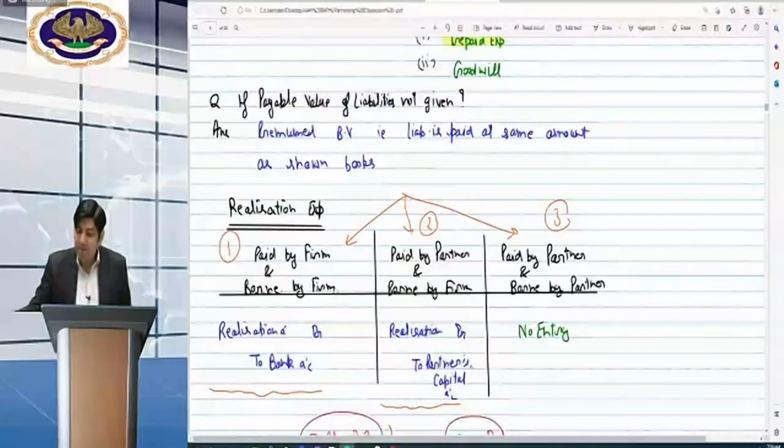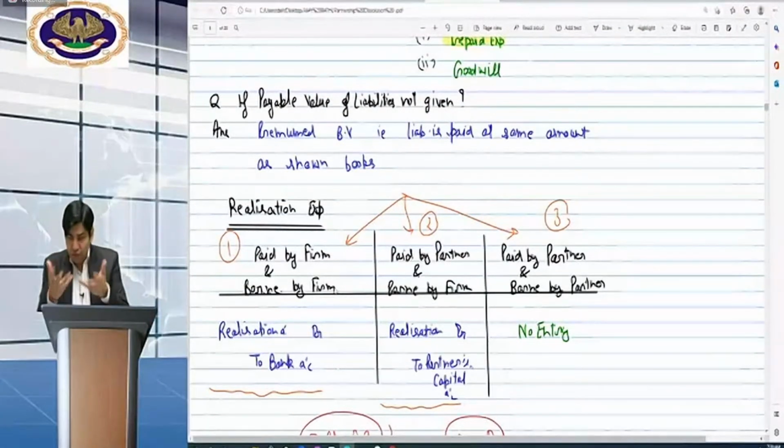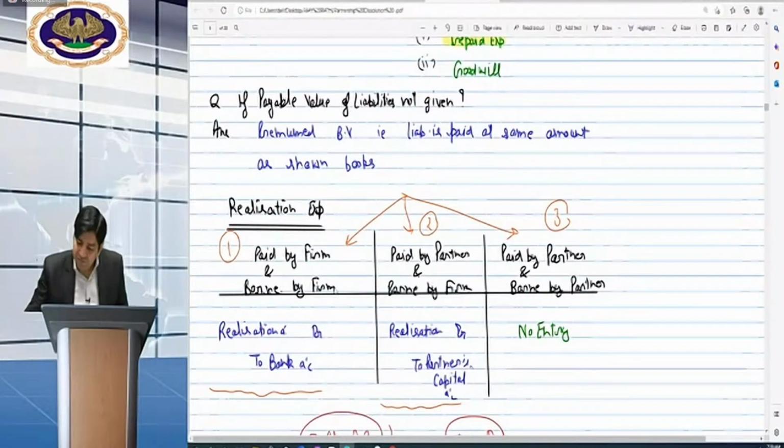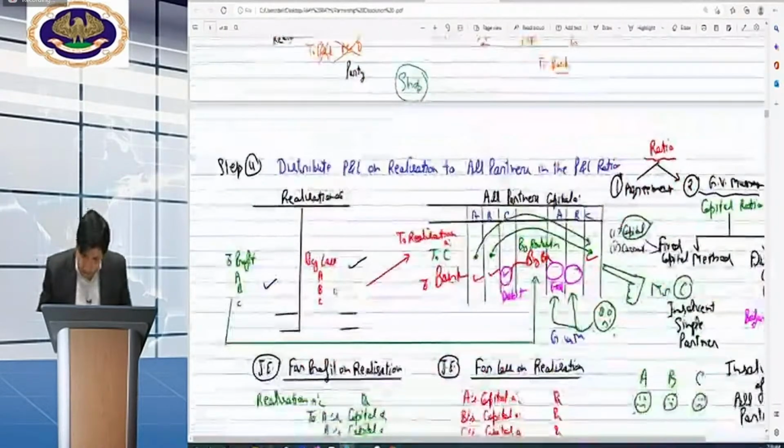If paid by a partner, Prachi beta, listen to me carefully. This was for you. So if it was paid by Dinesh, paid by the partner, and it was the expense of the partner also, then beta, it was his duty. It means there is nothing to record in the books of the partnership firm. Okay, beta, Prachi, everyone, please tell me whether it is clear to you or not.